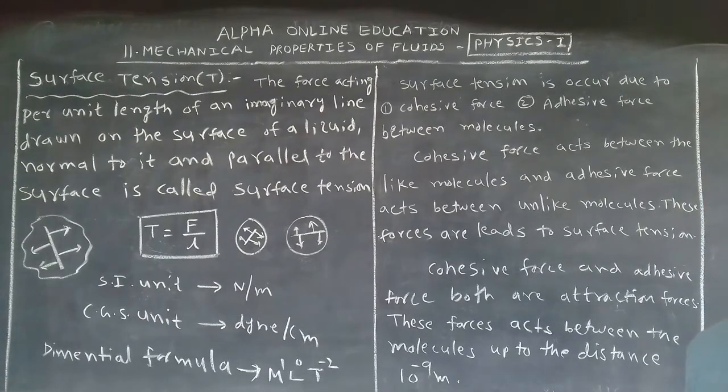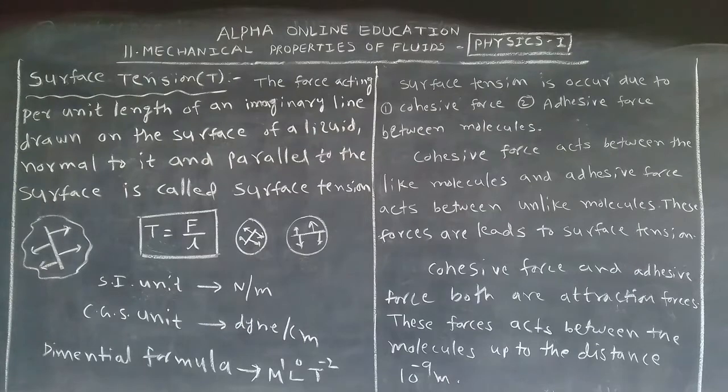this force does not occur in the liquids. Okay? If the distance crosses this limit, which is called the intermolecular attraction range, the force does not act in the liquids, meaning no surface tension takes place. Okay, this is one of the properties exhibited only on the surface of the liquid.